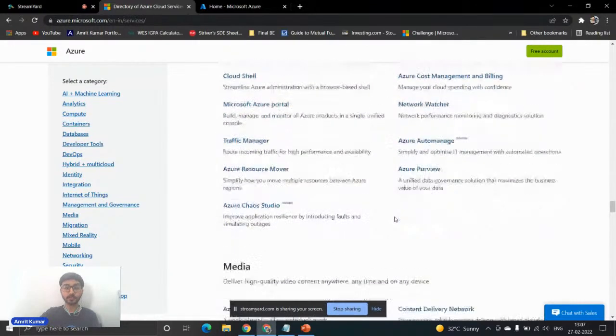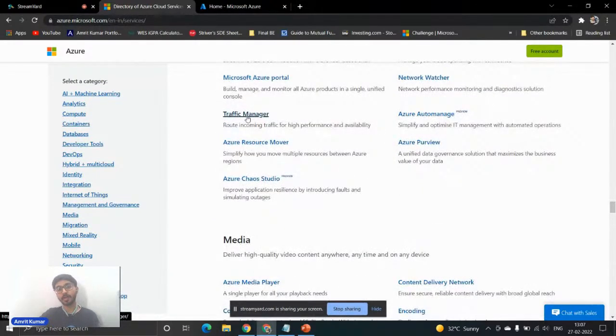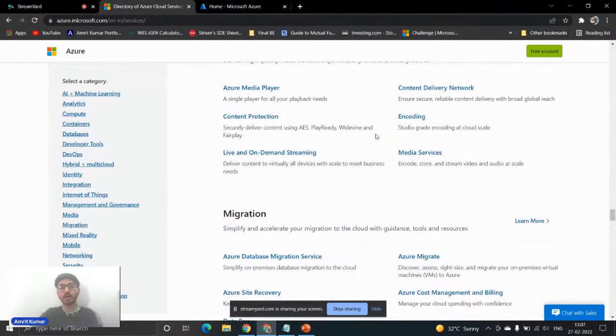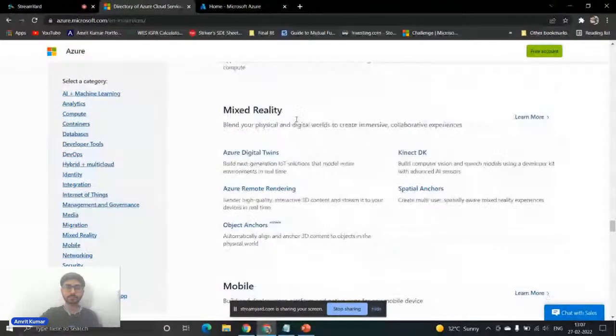Traffic Manager for your web apps or for your Android apps. You can have a traffic manager, and you can even have mixed reality on Azure using Azure Digital Twins.